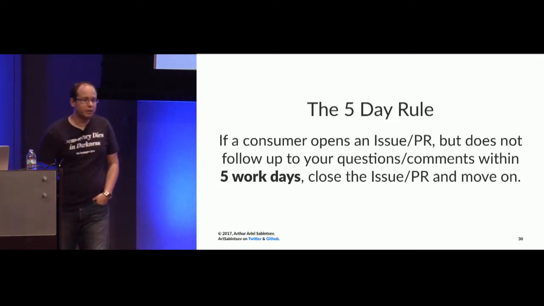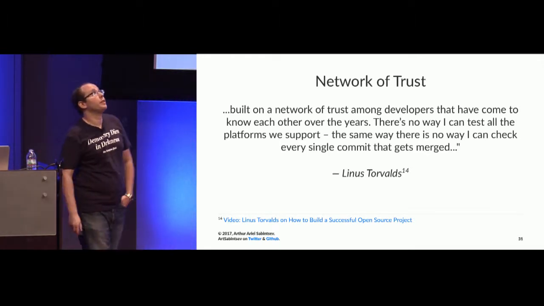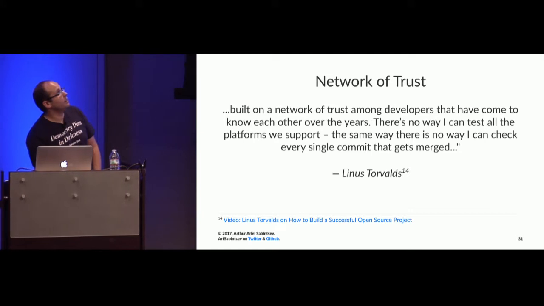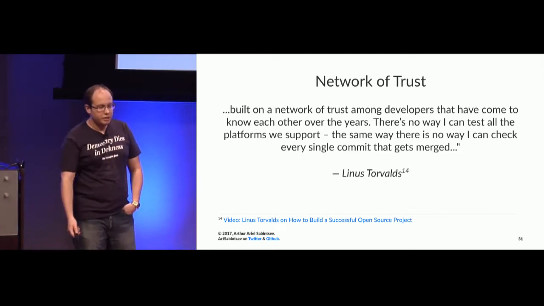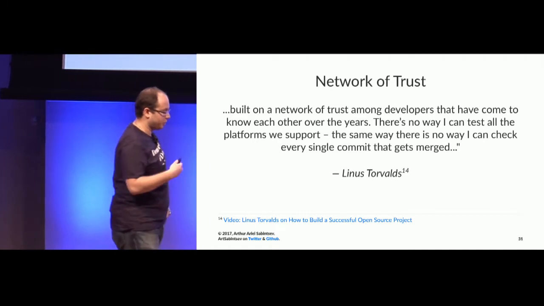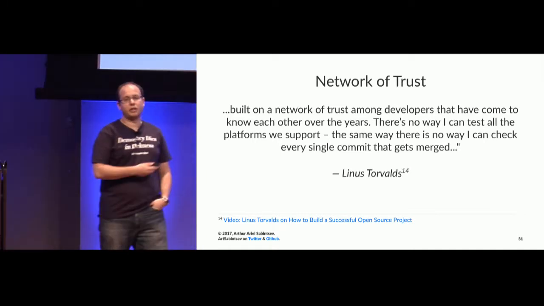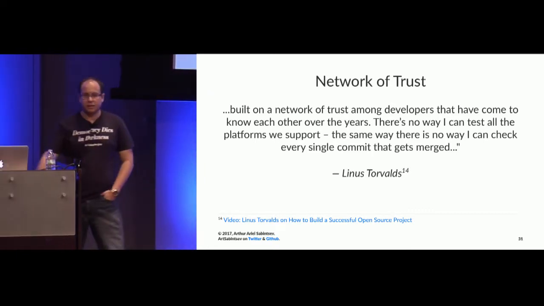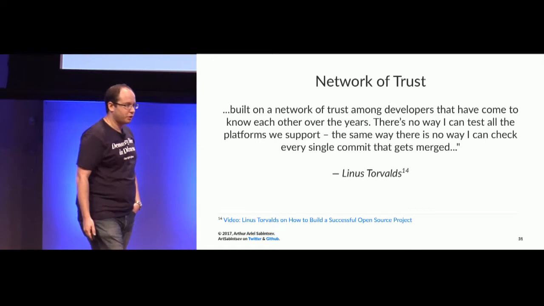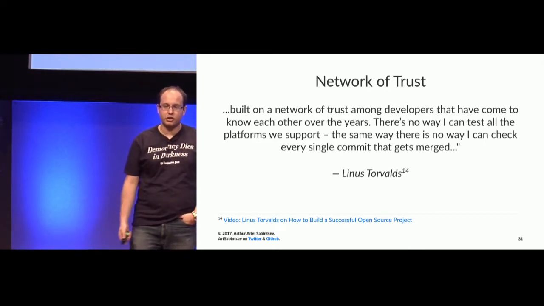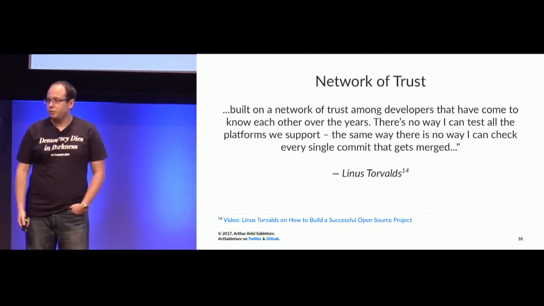Next is a quote from Linus Torvalds, the creator of Linux and Git, and he has this whole thing about a network of trust. Essentially, he's saying, give the keys to the kingdom to someone else on your projects, because you can't be the single point of failure, especially on a hyperscale project. He maintains the Linux kernel, but if he had to accept every single pull request and comment on every issue before it was approved, Linux would never be where it is right now, right?